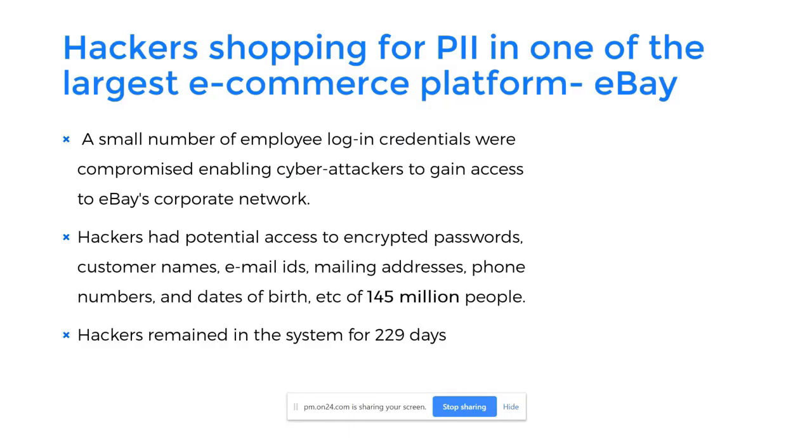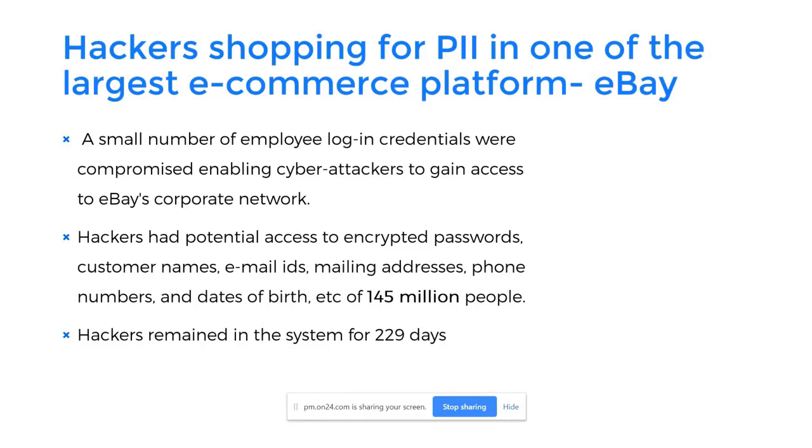So how do you have a model that does not just let you know that something went wrong, but helps you act right away? All this happened basically because there was no provision to check for deviation in behavior. So a critical account was hacked, all right, and deviation in that account was absolutely not taken into consideration at all. The behavior wasn't analyzed, and the attacker remained in the system for almost 229 days. That's more than enough time to take over your entire data set. We're talking about lots of lost records, lots of personally identifiable information being lost right here.